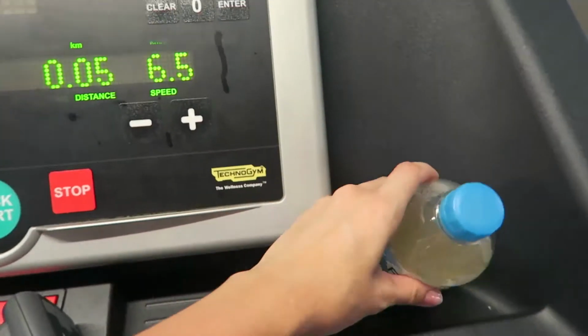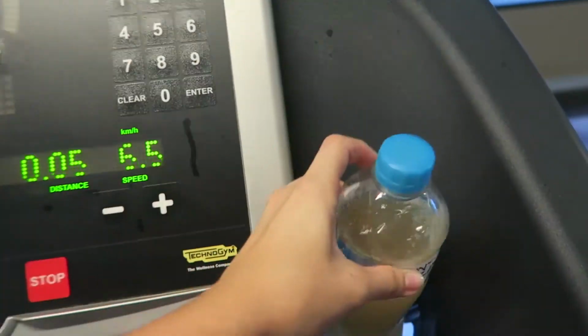Now without any further ado, I hope I made sense, let's jump into the warm-up. This is footage of me on the treadmill walking at 6.5 kilometers per hour, drinking my pre-workout,